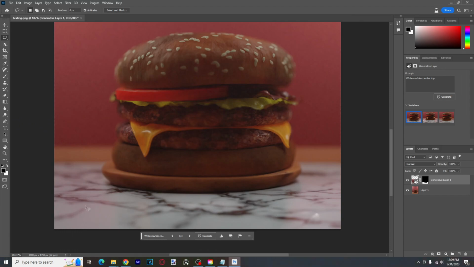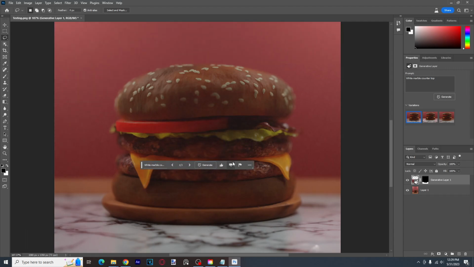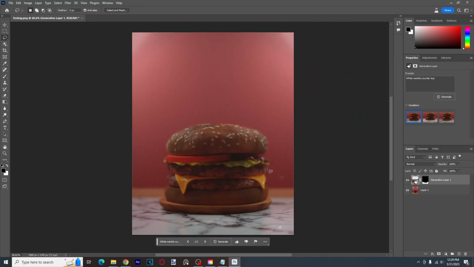You can even see over here we've got some red tinting happening where the burger isn't, so it recognized the fact that there would be a shadow from the burger. You can see some right here. There's a little bit of this yellow reflection here from the cheese, which is extremely interesting. So the amount of detail that this thing is able to get with just a simple 20-second select and text